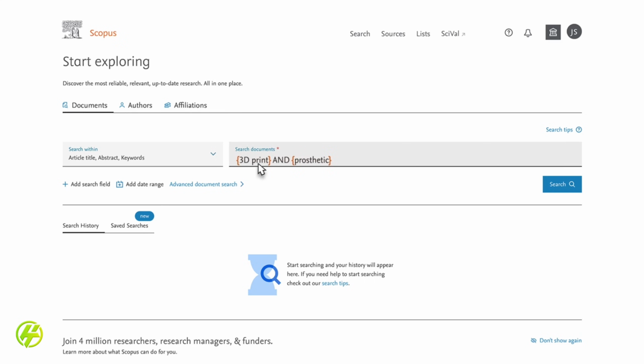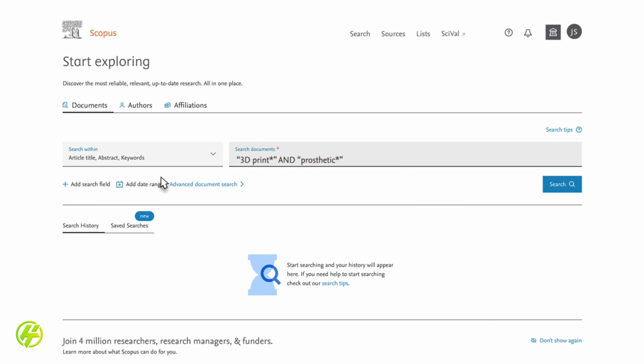In Scopus, curly brackets are used to indicate an exact phrase, while quotation marks indicate an approximate or loose phrase. Use an asterisk as a wildcard to ensure you get results for 3D print and 3D printing, as well as prosthetics and prosthetic.